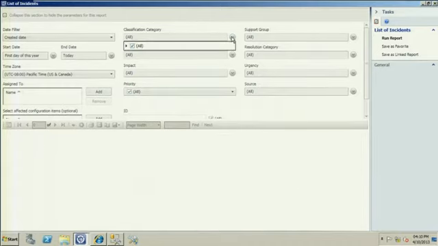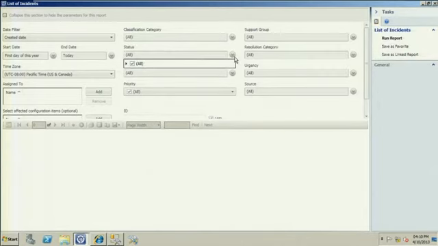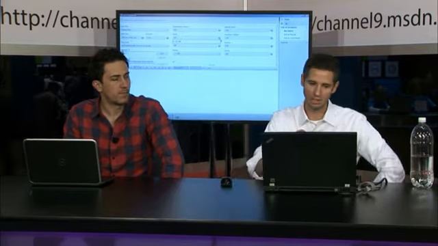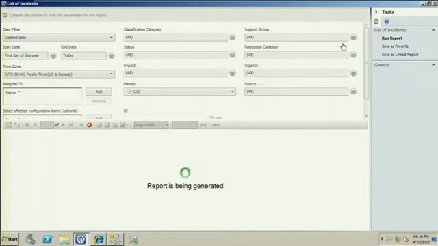I can filter by different report parameters like classification category, support group, status, so on and so forth. Now, remember I mentioned outriggers. Outriggers are giving us the ability to enumerate against these drop-downs to be able to provide that data from a filter perspective. So I can do that here as well. When I run this report,